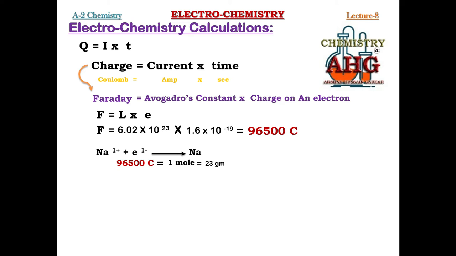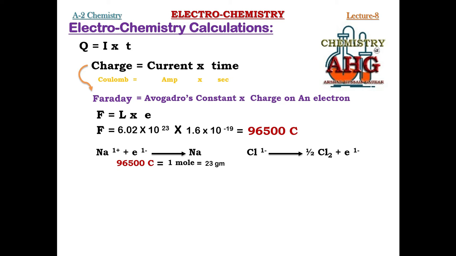So for collecting gases we use which unit? We use the unit of dm cube or cm cube. For example, if you look at this equation, chloride ions, when they are oxidized, we get chlorine by the loss of electron. I have shown this equation for half mole of chlorine. You can also write it down for 1 mole. If you write down this equation for 1 mole of chlorine, obviously 2 mole of electron and 2 mole of chloride ion will be present in this reaction.